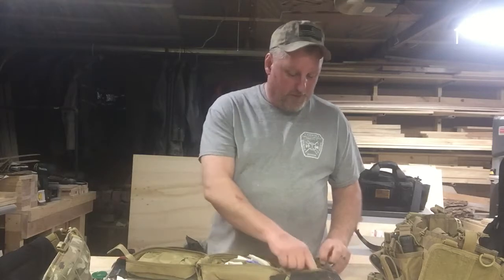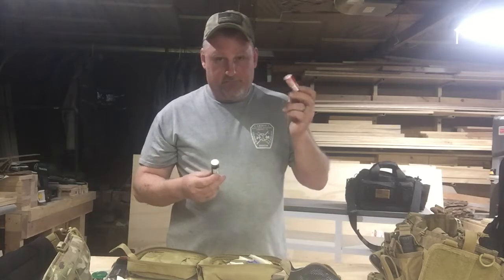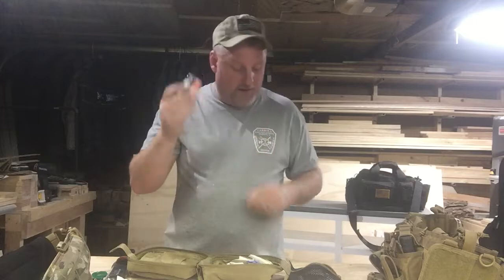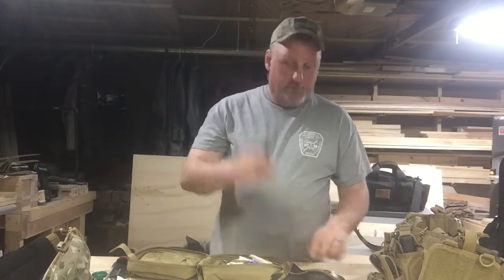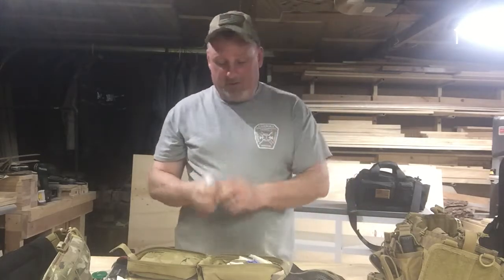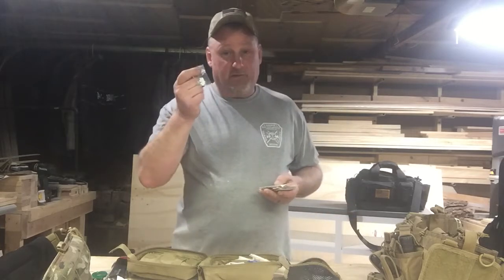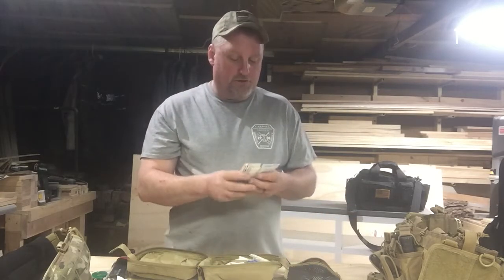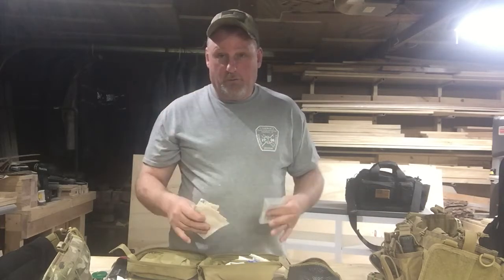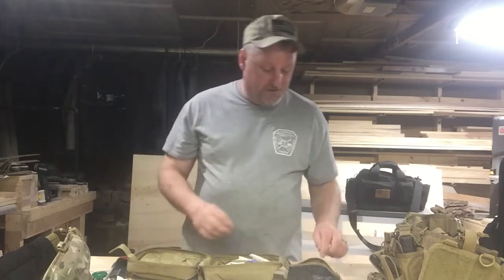And I carry some more comfort items in this particular situation. Larger Tylenol, acetaminophen, Advil, tweezers for removing splinters and things that are impaled, Q-tips, more antidiuretic, a larger selection of Band-Aids, because in theory you could be out longer. If you're using this kit, you could be in the field longer, so larger quantities of your Band-Aids,